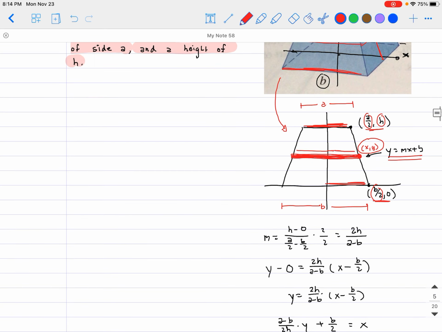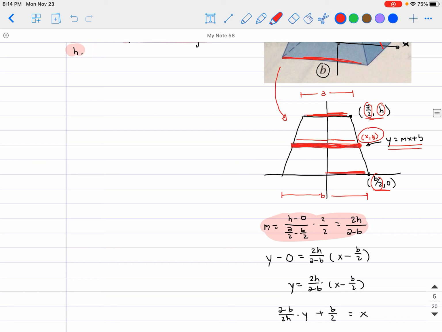Okay, so first I'm going to solve for the slope, which is something that I did over here. So you can pause the video whenever you need to take a look at it, but I'm going to speed this up a little bit. Once we find the slope, then we're going to find the equation of the line. Now, normally we are done at this point and we can make some substitution, but I feel like we're going to need to go a little bit further